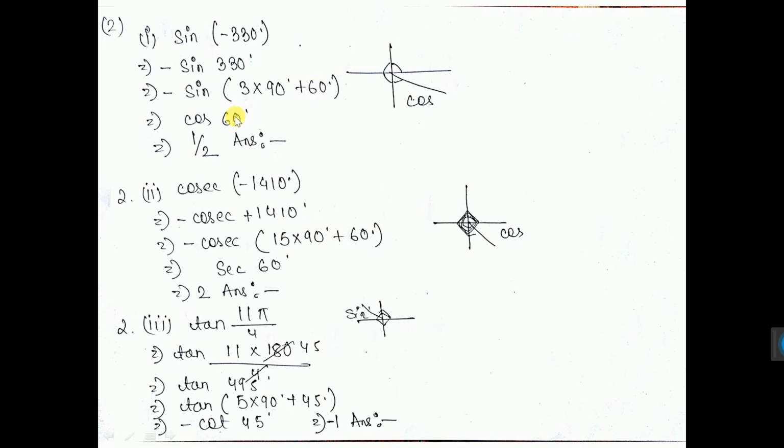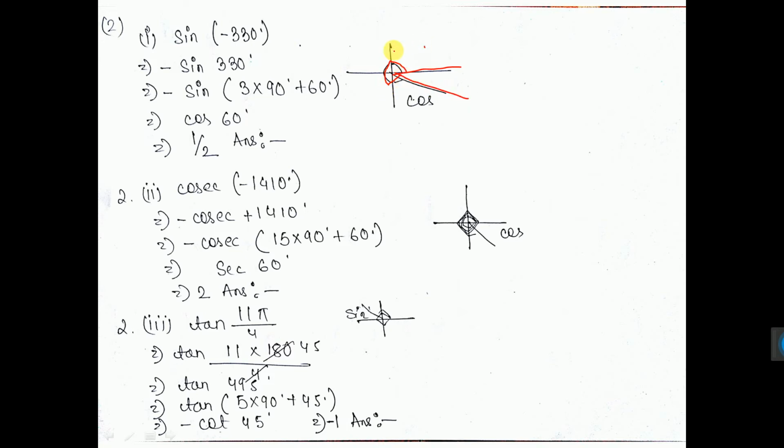If sine has an odd multiple, then it will become cos theta. The theta we have to put on the right side. Sine odd multiple will be cos and the theta, which we write last. At the same time we have to see the quadrant. 3 into 90 means start from here. Always this is the baseline. Always we have to start from this line. Then this is 1 into 90, 2 into 90, 3 into 90 plus theta, that is the fourth quadrant.